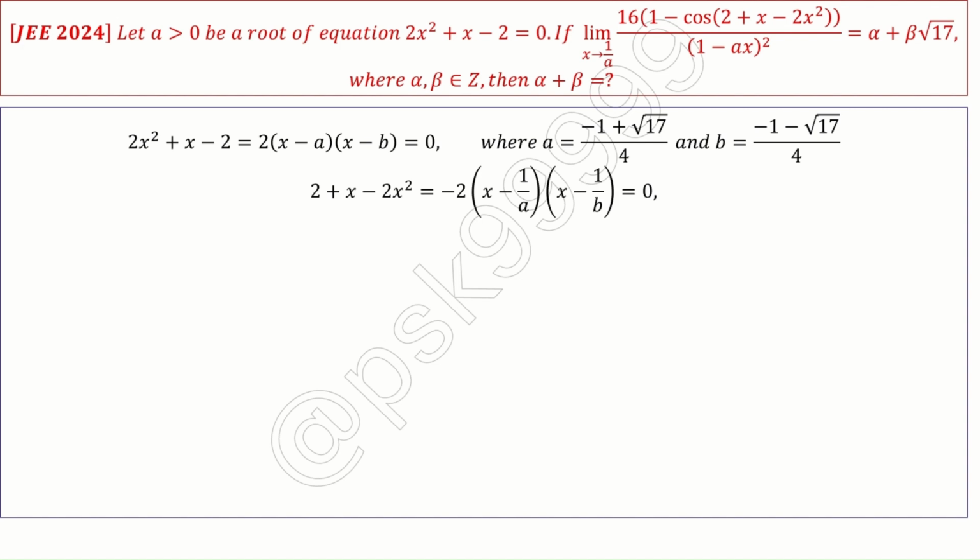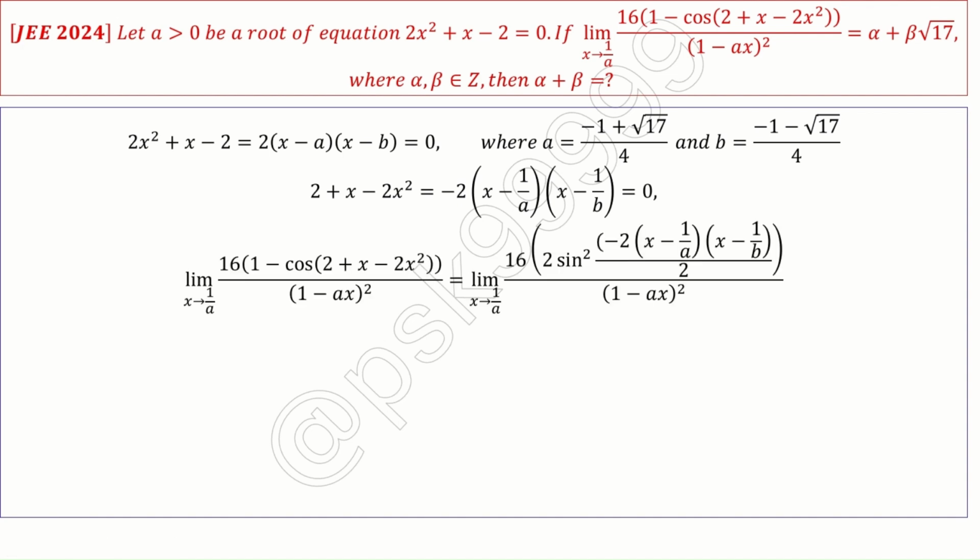And this is my second quadratic equation, which is written here, where the roots are 1 by a and 1 by b. So it will become minus 2 into x minus 1 by a into x minus 1 by b. Okay. So once I know this, the problem is simple. Limit x tends to 1 by a, 16 times 1 minus cos of this quadratic equation divided by 1 minus ax